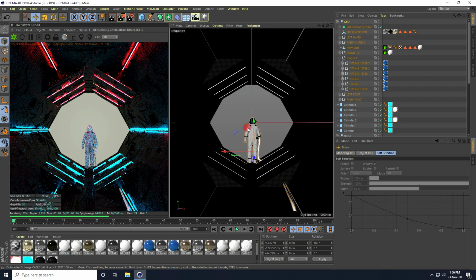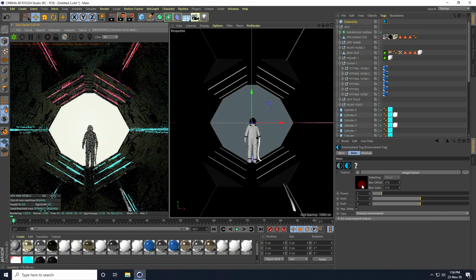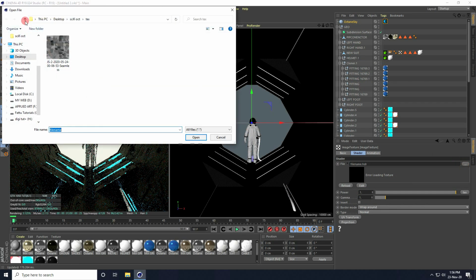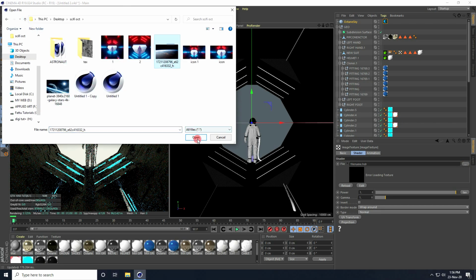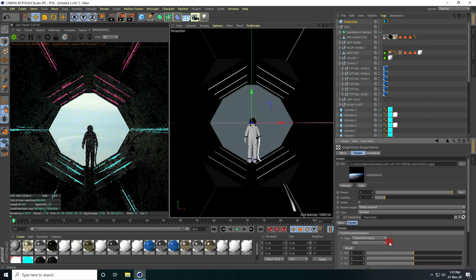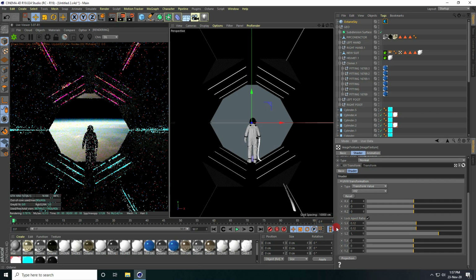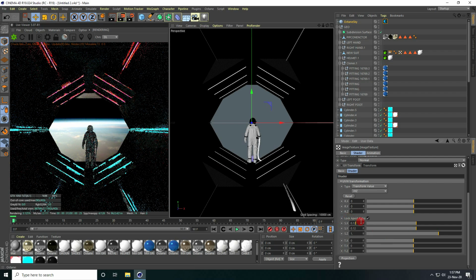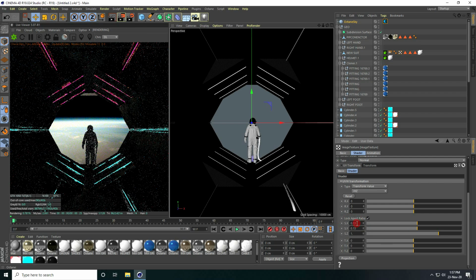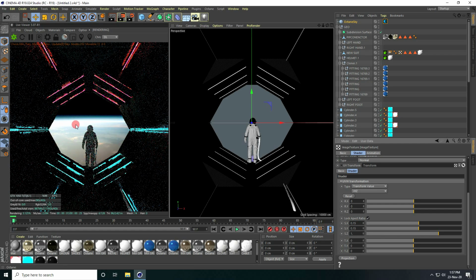Okay, so last one, I create an earth effect on the background. So go to object and use SDRI environment and click. I apply the earth texture, this one. Yes, and go to UV. Scale size decrease like 0.12. Yes, and a little bit increase like 13. More, 15. Yes, that's really good, right? Okay, so my composition is finished.